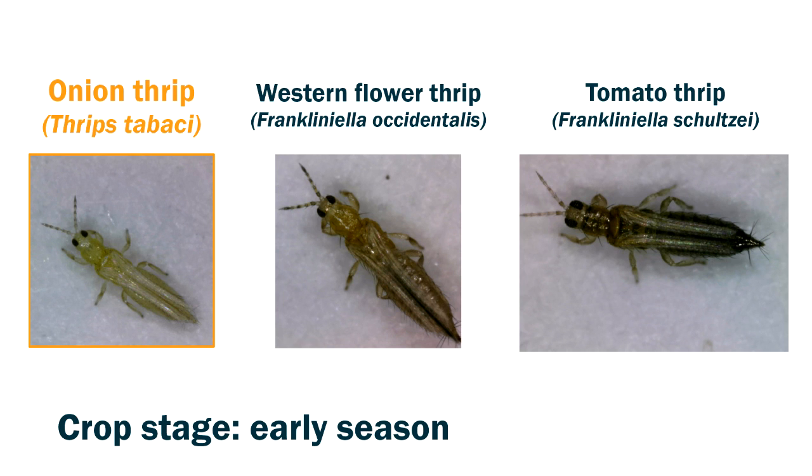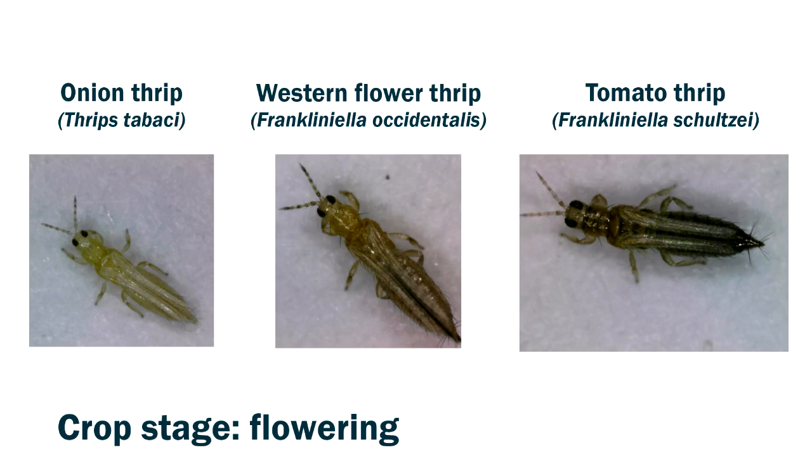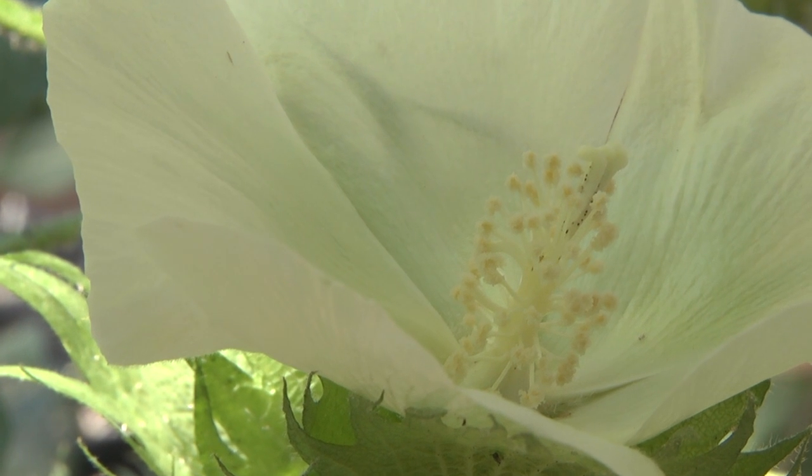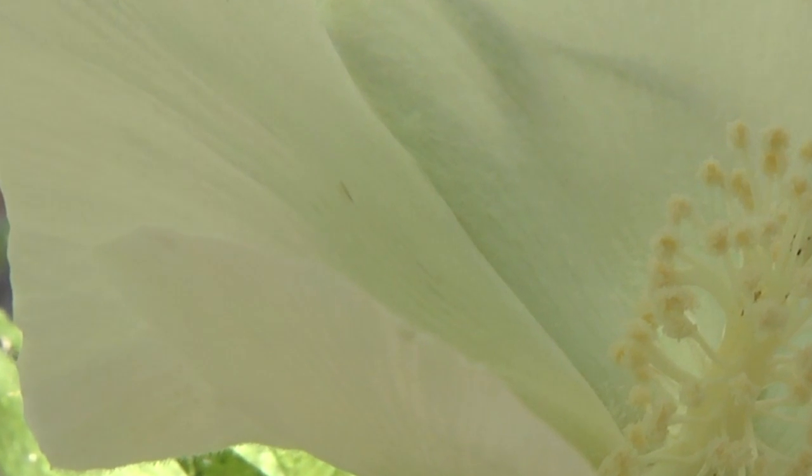is the onion thrips. Once you get into flowering, there's a changeover in the species complex. Thrips tabaci virtually disappears from the crop and you're left with tomato thrips and western flower thrips. And they can be seen in very high numbers, often in the flowers. You'll get the adults coming to feed on pollen in the flowers, and you can still see the larvae feeding